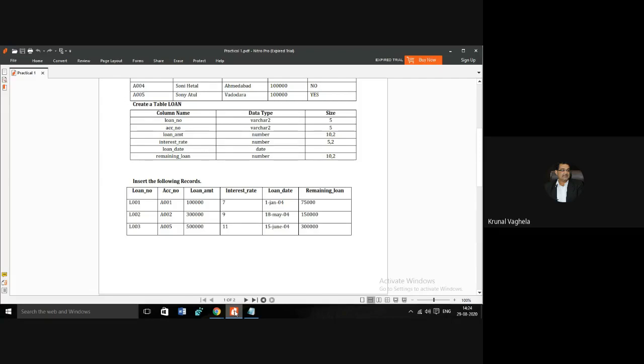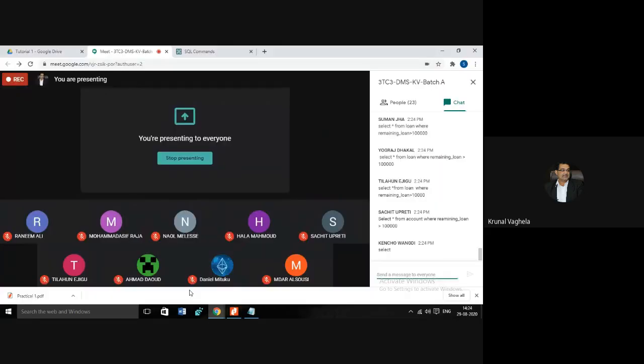I want records where remaining loan is greater than 1 lakh. Select star from loan where remaining loan is greater than 1 lakh.